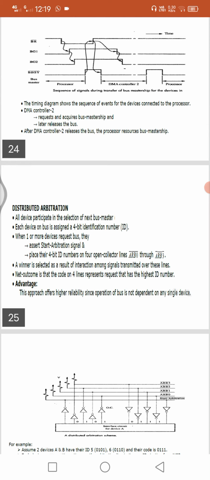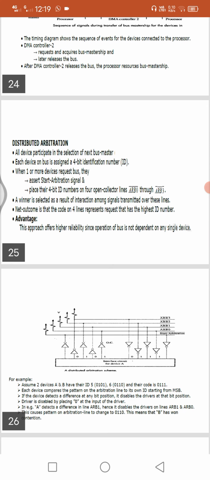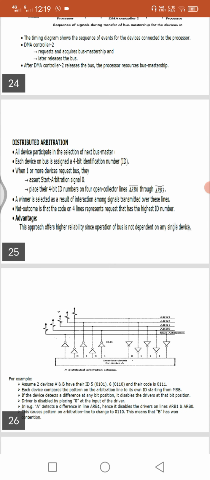If one or more devices request the bus, they assert the start arbitration signal and place their 4-bit numbers on four open collector lines, ARB0 through ARB3.